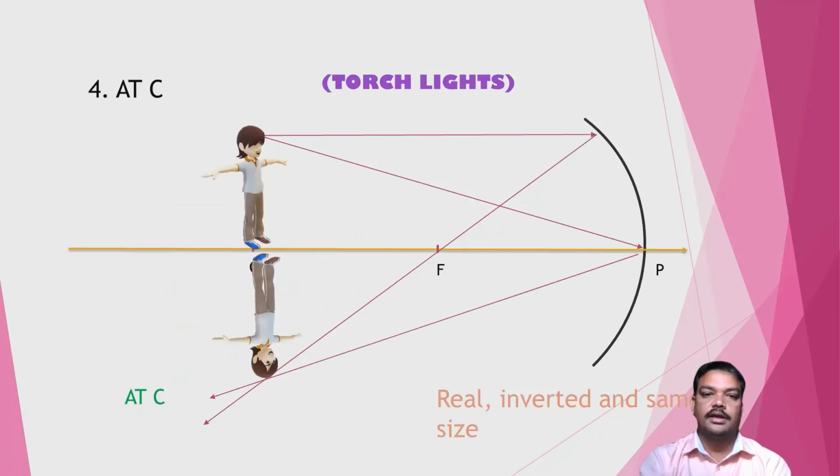This is another application of the concave mirror, used in torchlights. The bulb is made to glow at the center of curvature of the concave shining surface. Reflected light rays meet at a point exactly at the center of curvature. Here the image characteristics are that it is an upside-down image which can be caught on a screen and is also the same size as the object.